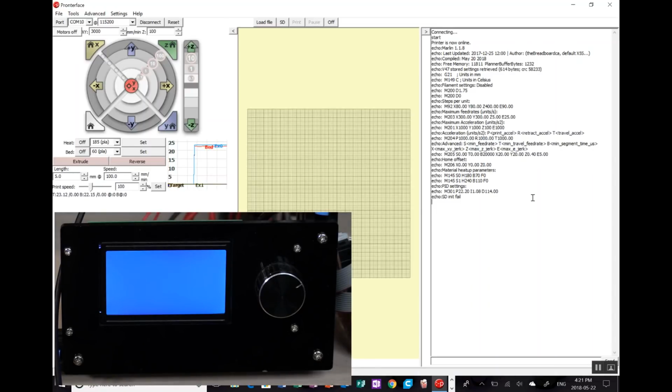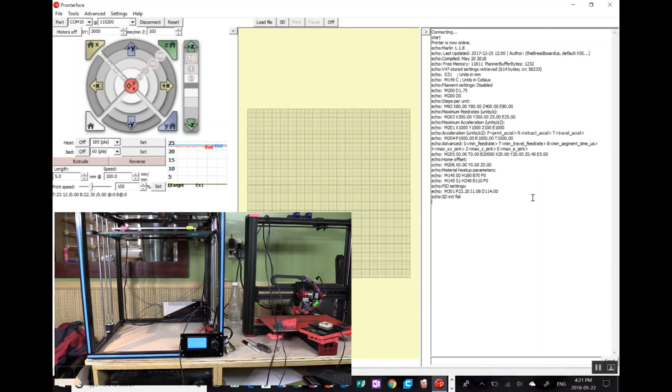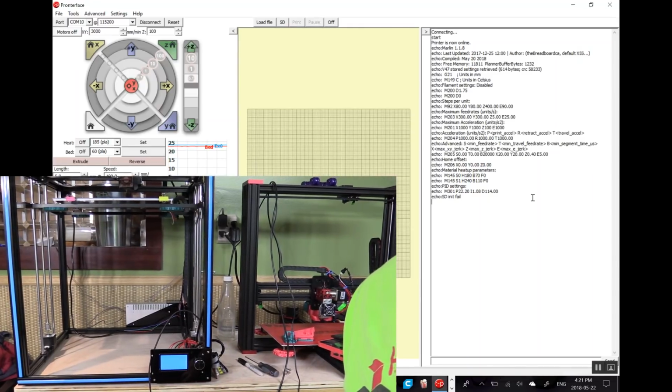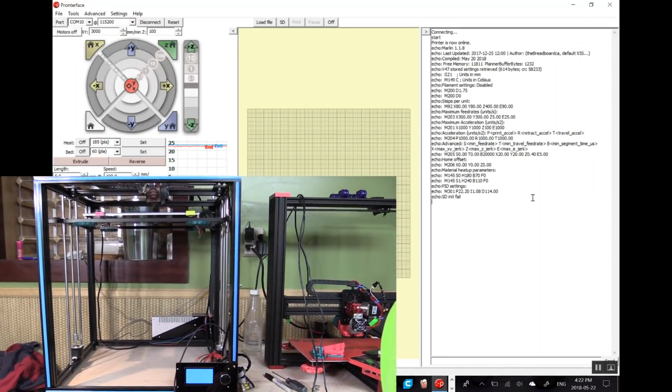I have tested the screens on another controller and they work just fine, so it's definitely the board itself. What I want to do though is see if the printer is still going to respond from the console, like if I send it some G-code commands to home and things like that. So with this all connected, let me just zoom out on the camera and we'll look at the printer, because I really want to make sure it's only the display. I mean, I might have messed up some of the settings. No, haven't messed up any of the settings, because I've tried the exact same thing on another machine and it works just fine. So I want to make sure it's not going to be any other issues, just the